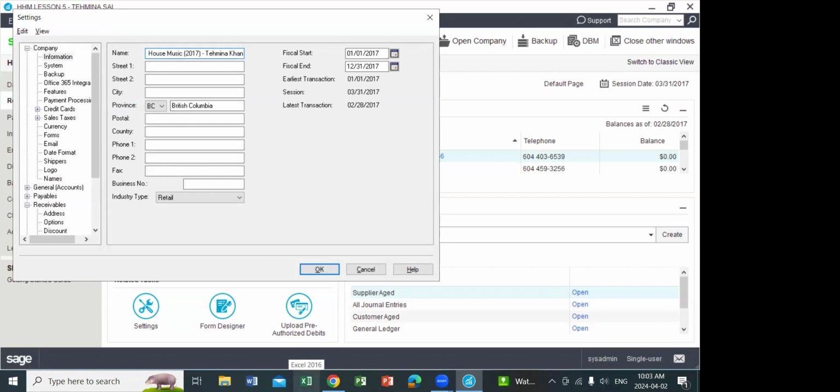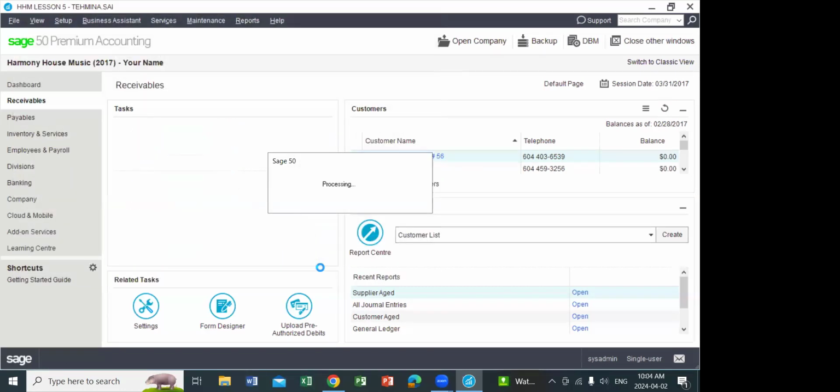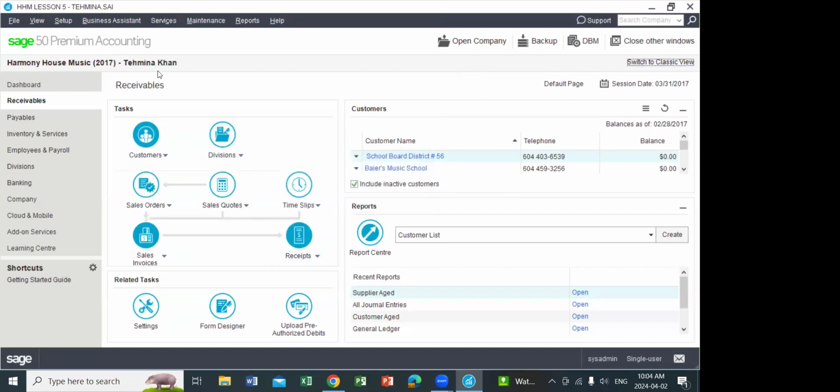Okay, so your name will show up in all your files and in all other things. After you type that, you are going to click OK, and you will see your name at the top of the screen. So guys, in this lesson, you are going to work on payroll, that is, how you can enter payroll related transactions. But before we start working on that, you can actually check some of the